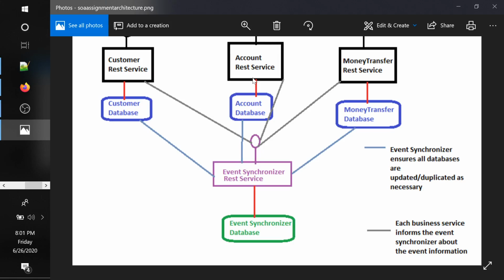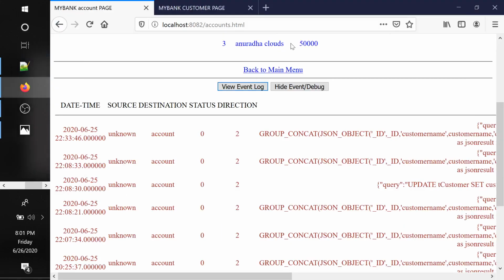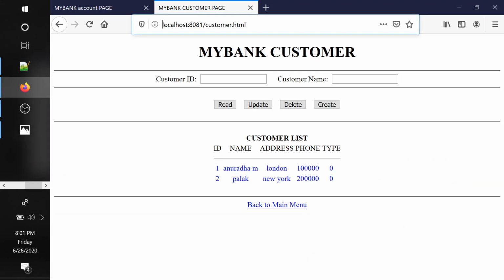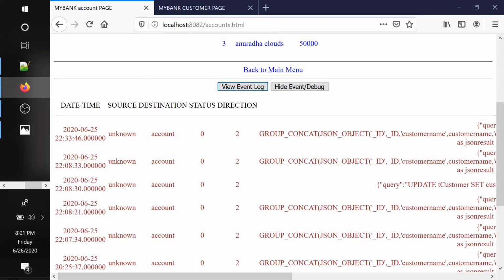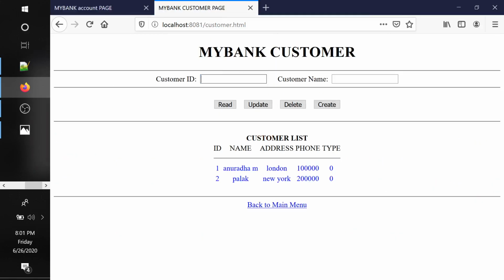So you can see this in action. So this is my customer page which is running on port number 881, right? And you see the last event was fired yesterday night 10:33. So now if I create a record, let's say Chinmay Research Labs, and create this record.